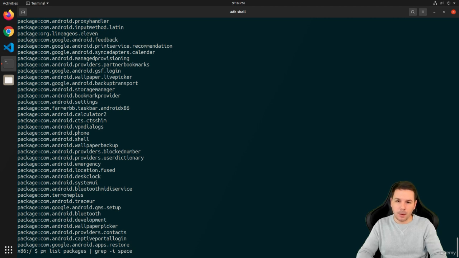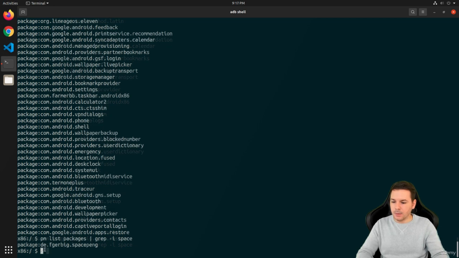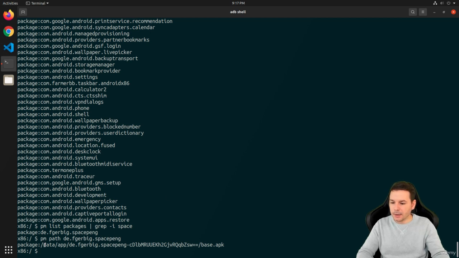And we know, okay, our application has the name space in it, so we say grep -i for ignore case, so we do not have to care about upper and lower cases. Here we can see the package name of our application, this one right here. And now we can say pm path with the package name to retrieve the path of this APK file. And this is located right here. It's under data app spacepang, some weird base64 string, which we do not care too much about, and this base.apk file right here. So we take this whole path,